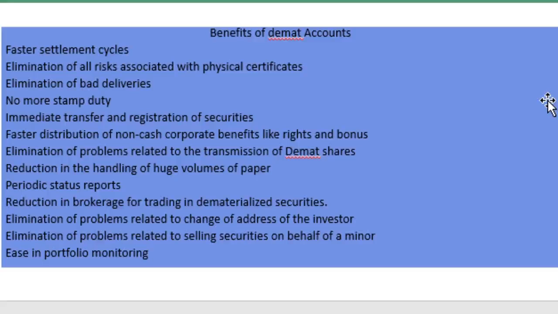Some of the benefits of the Demat account, that is faster settlement, elimination of all risk, elimination of bad deliveries, no stamp duty, immediate transfer and registration of securities, faster distribution, elimination of problems related to transmission of Demat shares, reduction in handling of huge volumes of paper, periodic status reports, reduction in brokerage for trading in dematerialized securities, elimination of problems related to change of address of investors, and elimination of problems related to selling securities on behalf of minors, and portfolio monitoring. These are the advantages of the